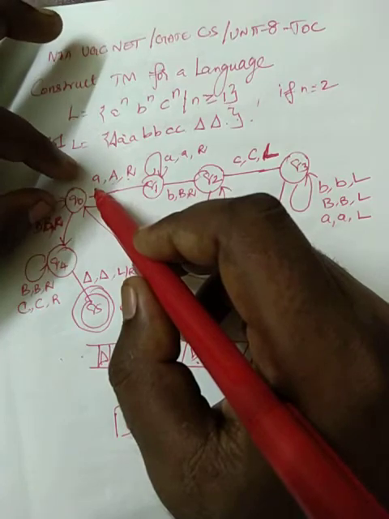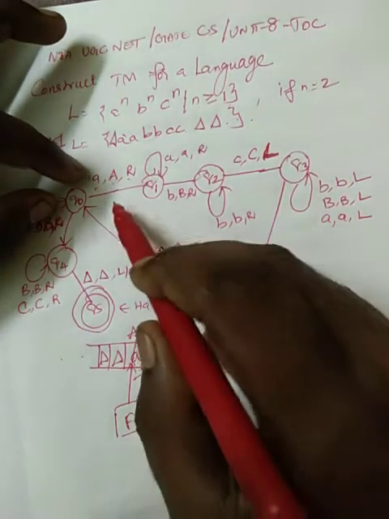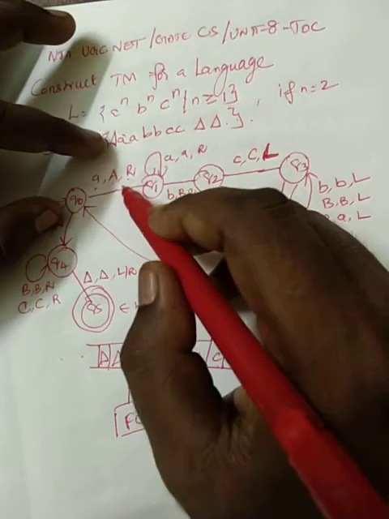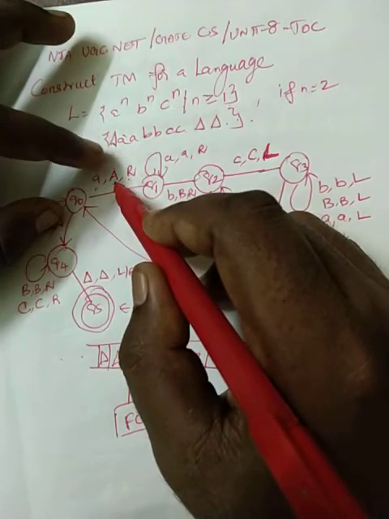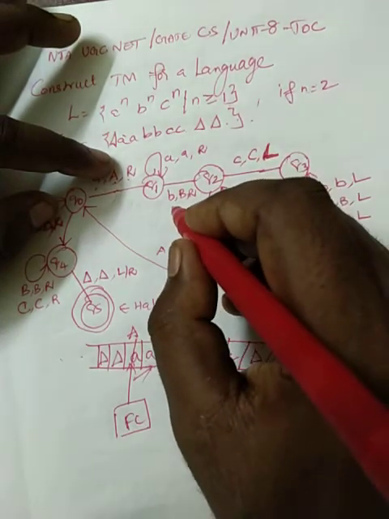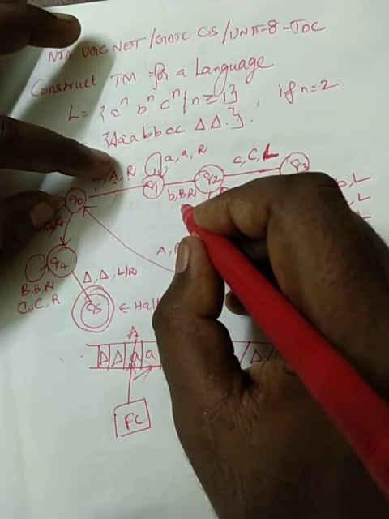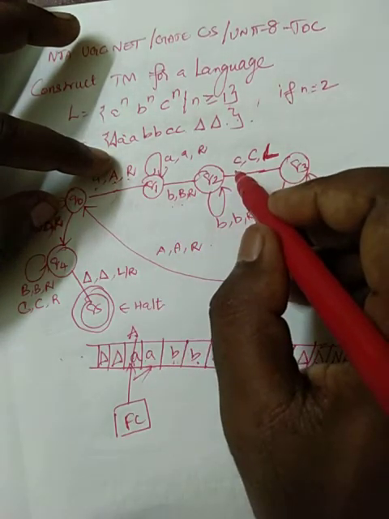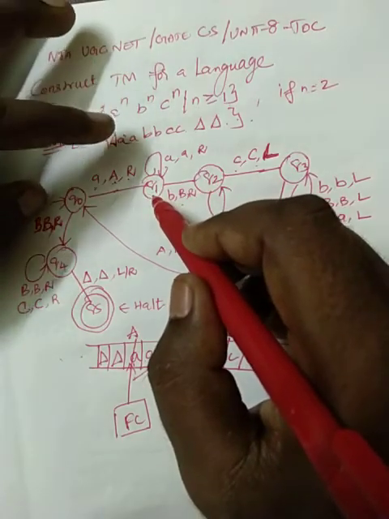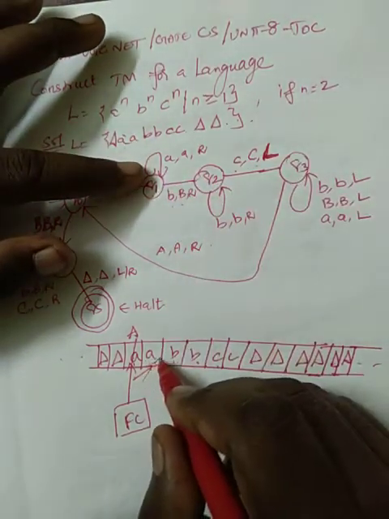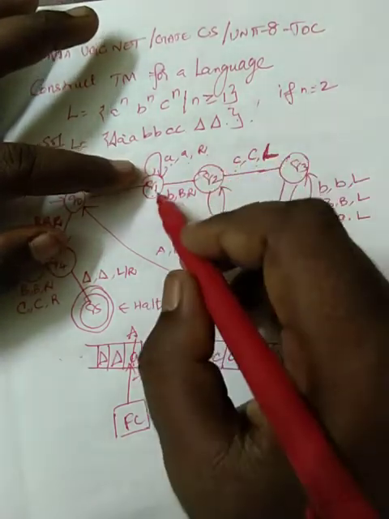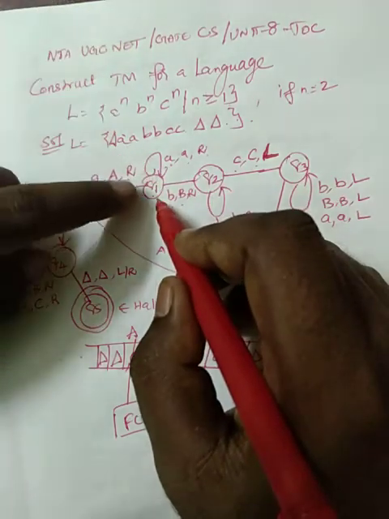Here, to differentiate the actual input symbol from the recognized output symbol, I'm using capital letters. If you recognize small b, you replace it by capital B, and if you have small c, replace it by capital C. Now we have reached q1, and again any number of small a may be there. We introduce a self loop on a, replacing a by small a itself, moving right. Now we are in q1 itself.